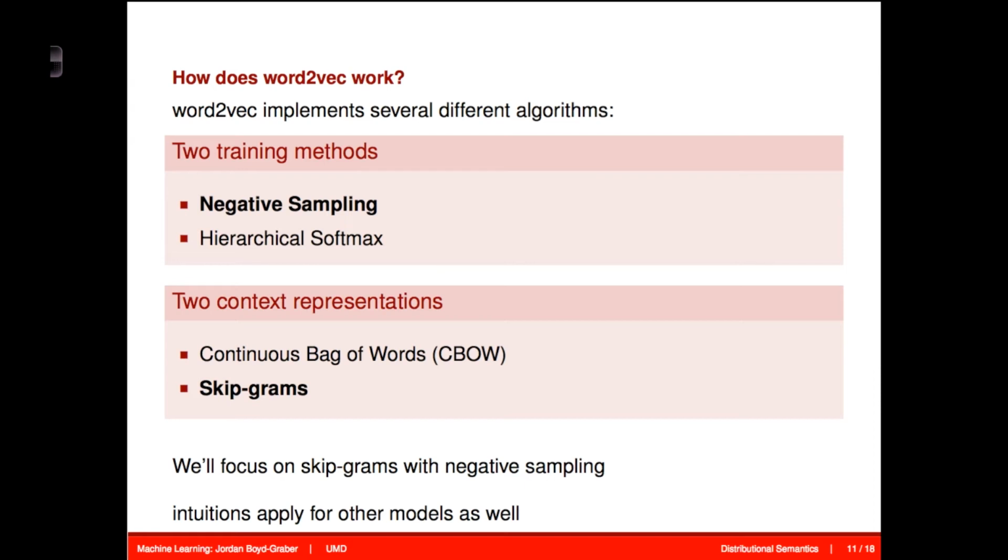For computing the training objective, and we're going to use skipgrams to represent our context. But once you understand one set of these choices from the menu of options for learning representations, intuitions carry over